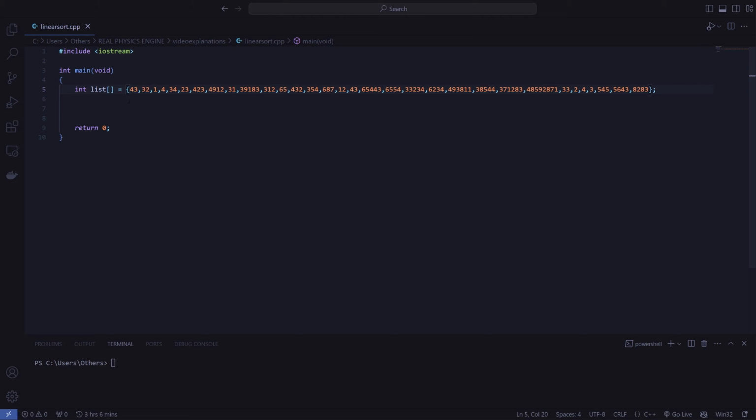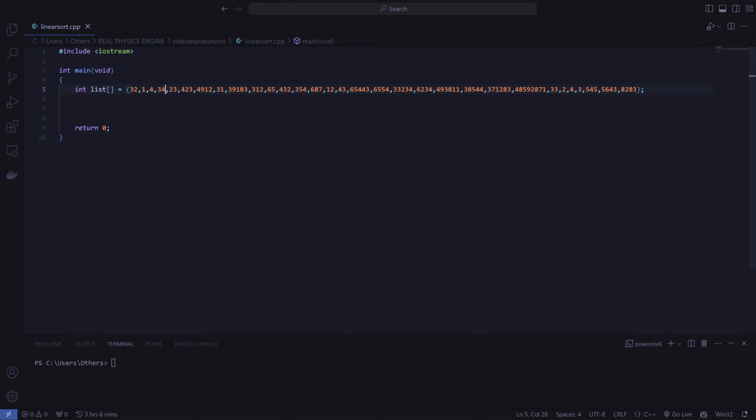We start out at index 0 and we take this number. So we take list I, we compare it to list I plus 1, the number on our right. If the number on our right is less than the number we are looking at, we want to swap them, right? And then same thing. We keep going. We would increment our index every time and we would swap, right? And we swap. We would keep going until we reach